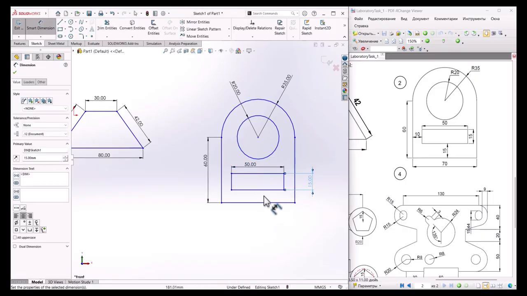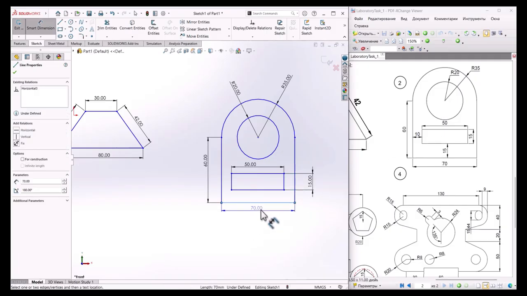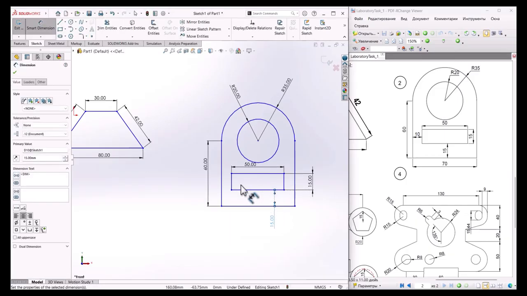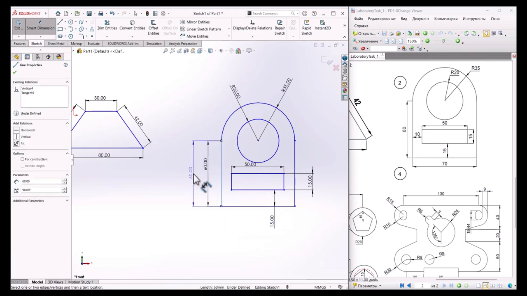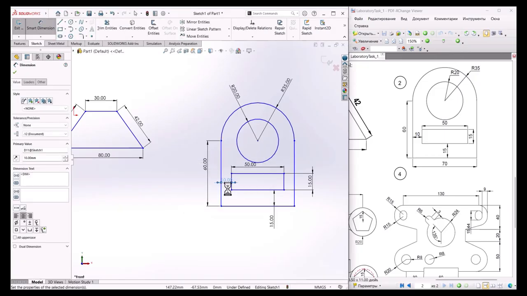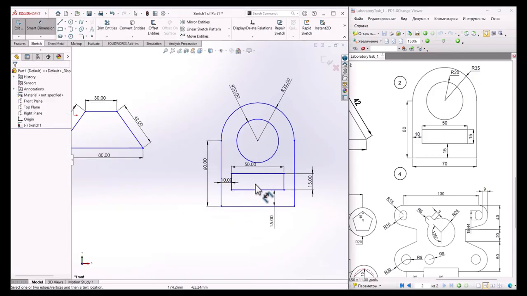I have to show the distance between two lines. So just if you select this one, it's going to add 70. So the way is just keep selecting. So select the second line, then that will show the distance in between. So that is 15. And select this one and keep selecting, select second one, and this value is 10. Okay,